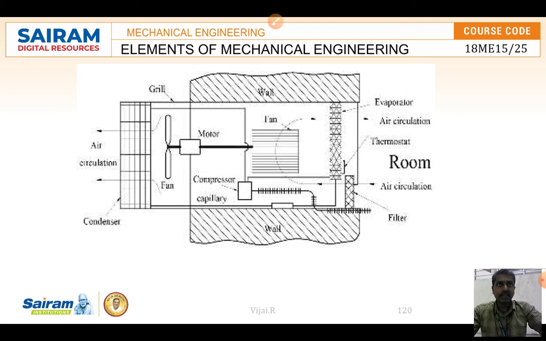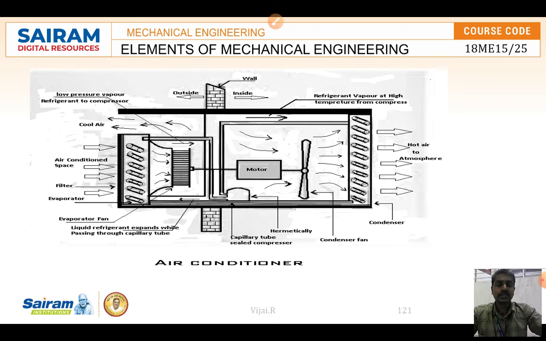When we take the heat by evaporating the liquid refrigerant, it becomes vapor and it will be hot. But if you want to release the heat to the outside environment, it should be hotter than the outside environment so that it can release the temperature. Otherwise it is very difficult, because we know the second law of thermodynamics, which states that heat transfer takes place from higher temperature to lower temperature without any device. If heat is to be transferred from lower to higher temperature, we need refrigeration kind of things.